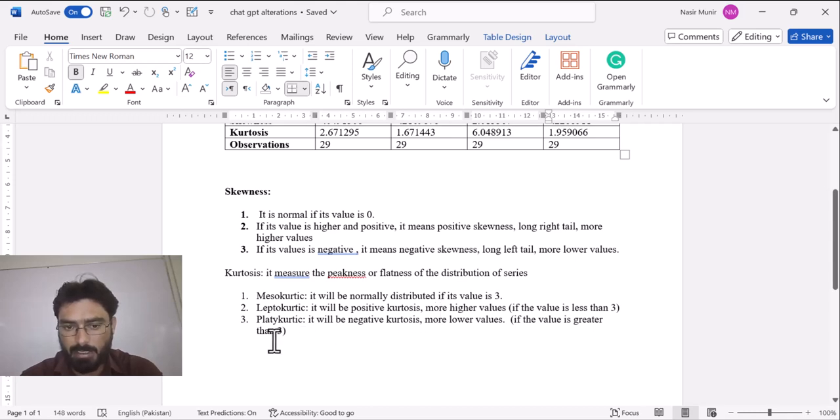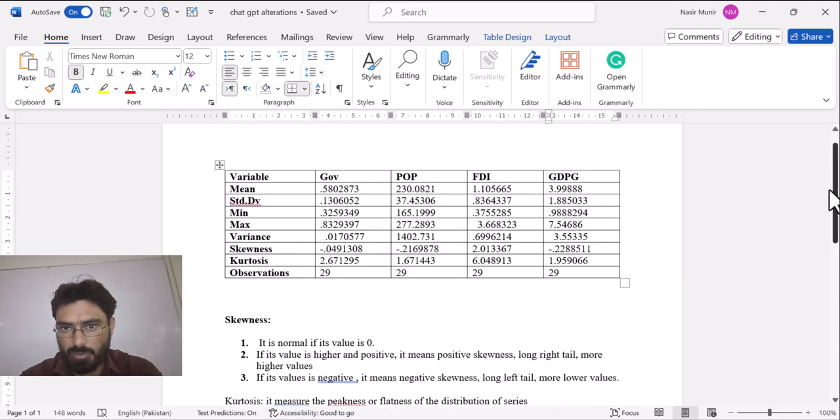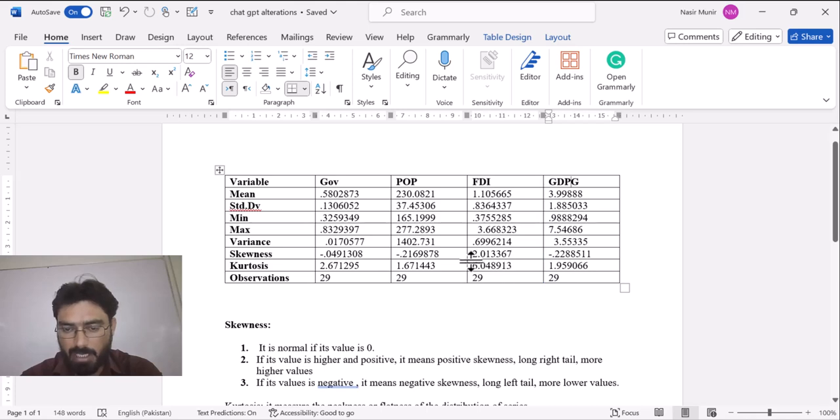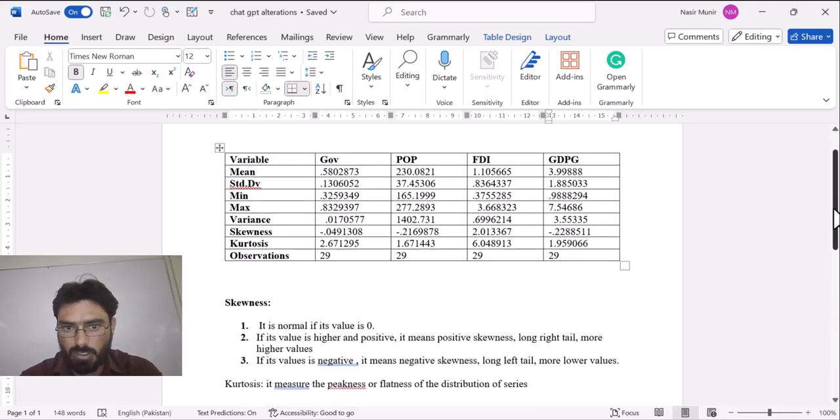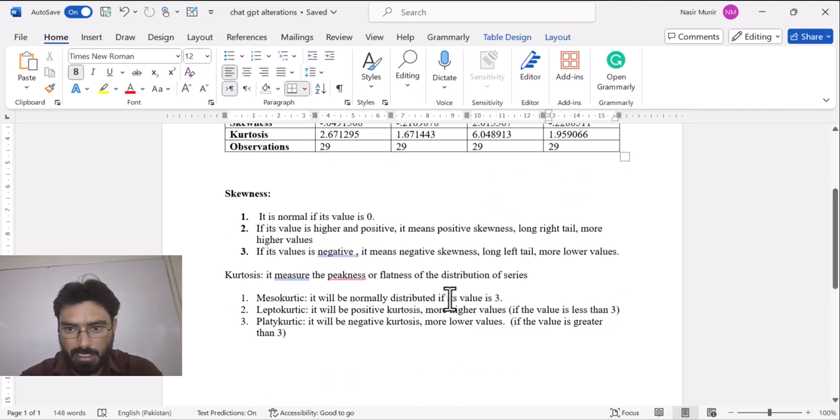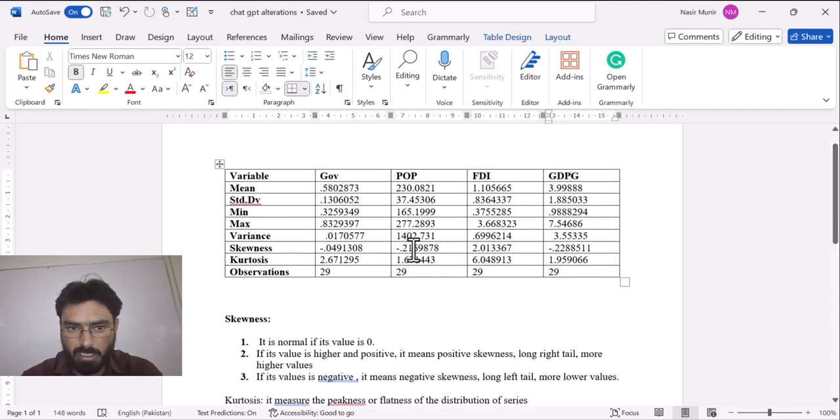But if the kurtosis value is greater than 3, it is said to be platykurtic. Out of these 4 variables, the FDI value is greater than 3, as it is 6.04. So this is said to be platykurtic. This is how you can interpret your result.